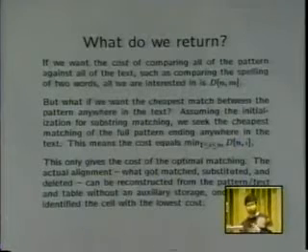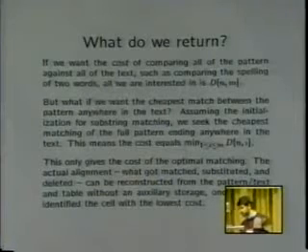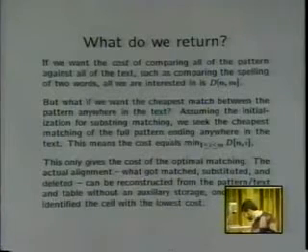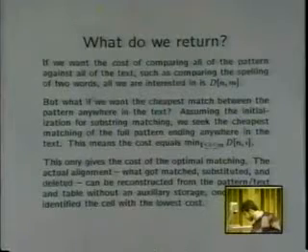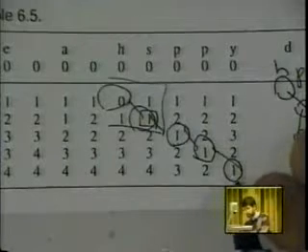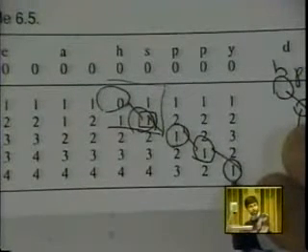Or if we want to be very clever, it turns out that, given the actual full values of the matrix, you can work backwards to figure out what the actual solution was. Because you knew that if you wanted to match happy to happy, it says you could do it at a cost of 1. How could you do it at a cost of 1 given these cells before it? How do I know that I start with the 1 on the bottom, not with the 1 on the top?